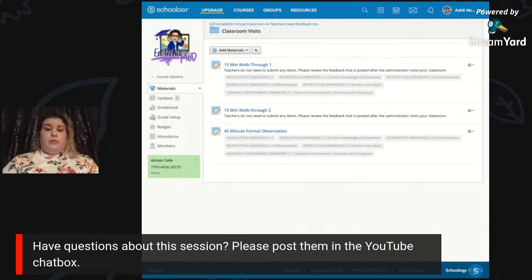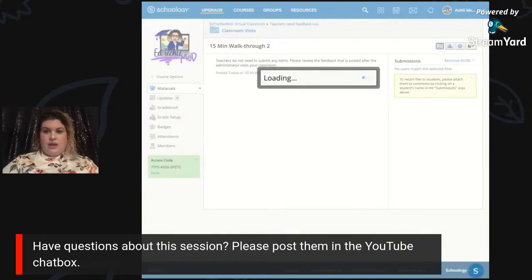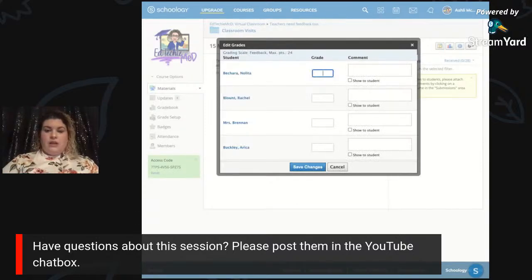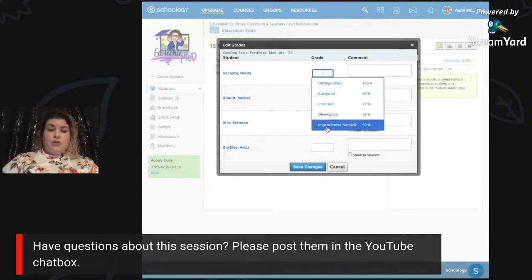And so you can do it with a rubric, or you can also do it as a scale. So what I did on here, and again, I will put in videos and show you guys this as well, in the scale part, we have distinguished, advanced, proficient, developing, and improvement needed. So it might be that you aren't being as detailed when you just do a 15-minute, or maybe a random walkthrough. It's not a full-on T-TESS walkthrough, and you can build your own scales.